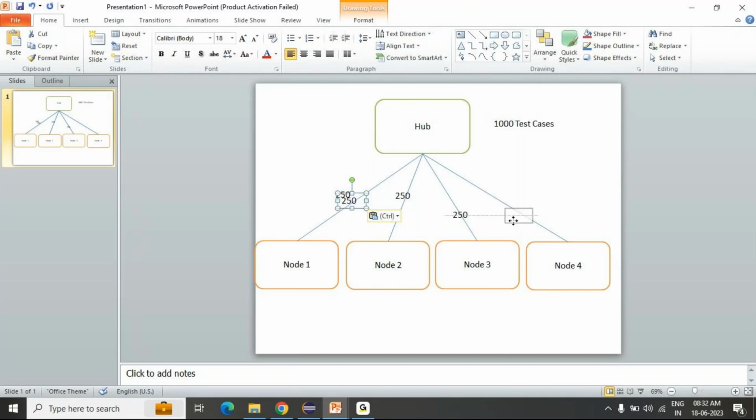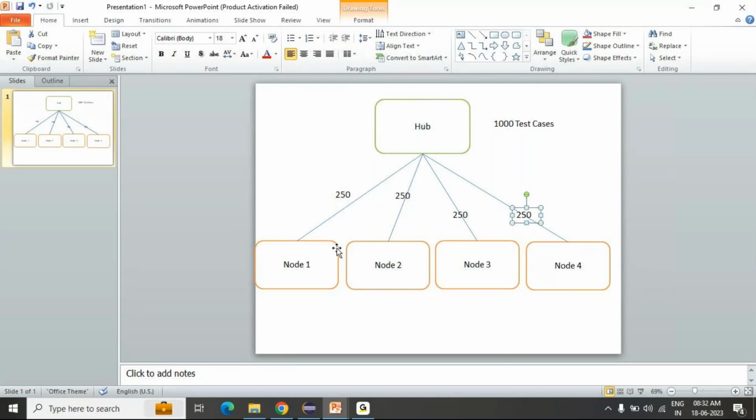So this is how it distributes the test cases from hub to node machines, so that the first set of 250 test cases will be executing in the node machine, and parallelly the second set of 250 test cases will be executing in node 3.